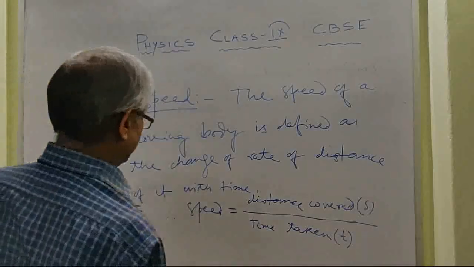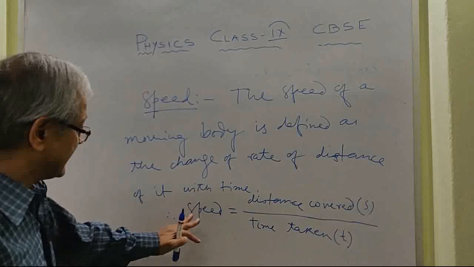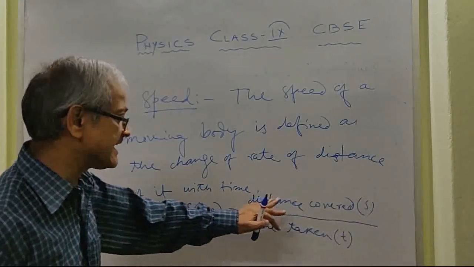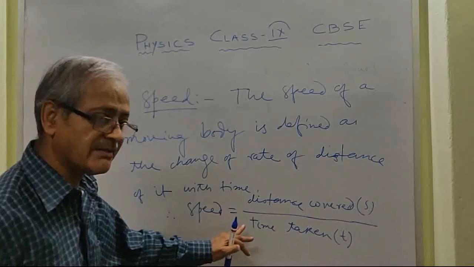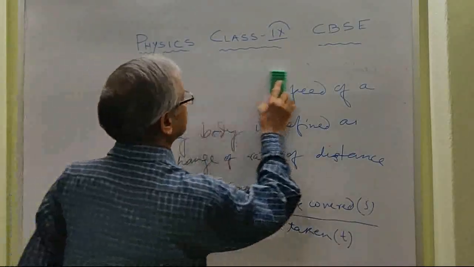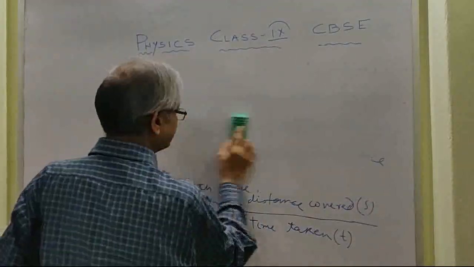Now we see what is the SI unit of speed. The SI unit of speed will be the unit of distance in SI system and the unit of time in the same system. That is, in SI system,